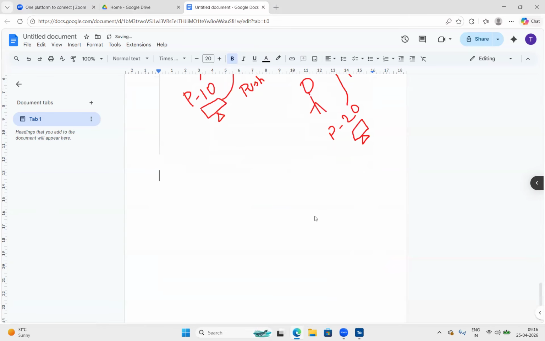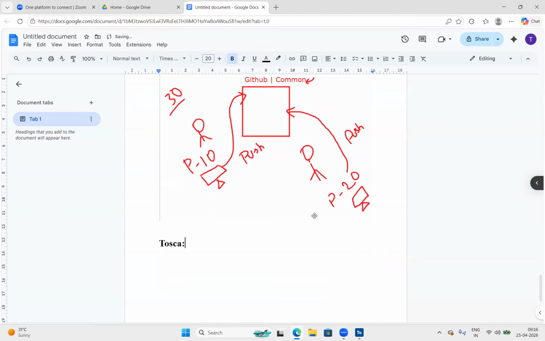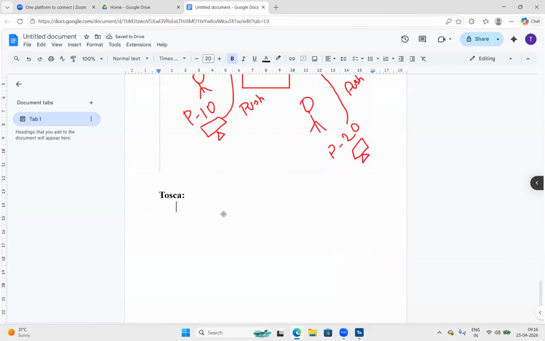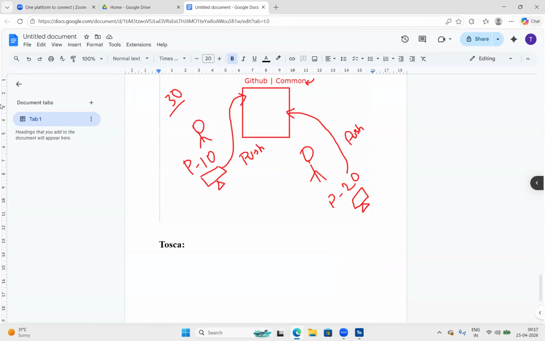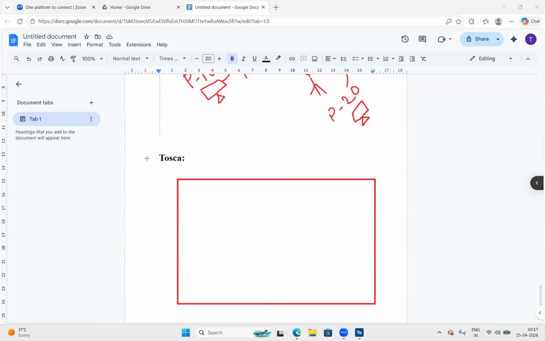Now, let us come back to here. From Tosca's point of view, the Tricentis team is giving us one flexibility: you no need to connect to GitHub or any other repository. They simply create the project within the repository. From a Tosca point of view, this is the repository, this is the repo, and within this particular repo the team is creating the project.